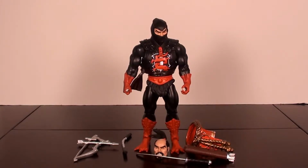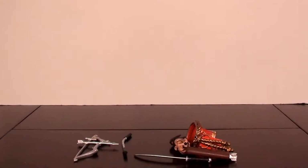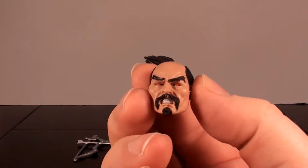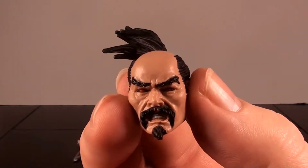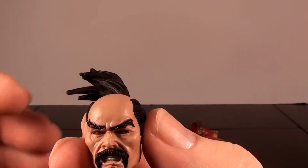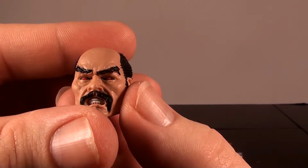He is fantastically executed, and he comes with a ton of accessories. Let's go ahead and take a look at those first before we take a look at Ninjor himself. First thing he does come with is an alternate head. If you remember, the vintage Ninjor action figure did come with a cloth kind of